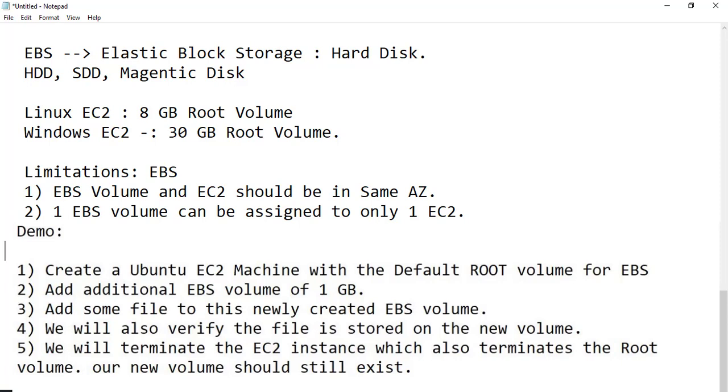Next, we will terminate the EC2 instance, which also terminates the root volume, but our new volume should still exist. So these are the few things we are going to learn in the demo. We'll have the demo session in the next video. Thank you so much for watching.